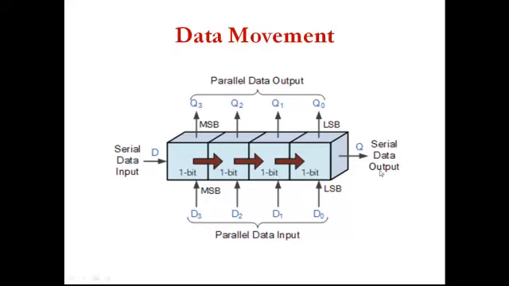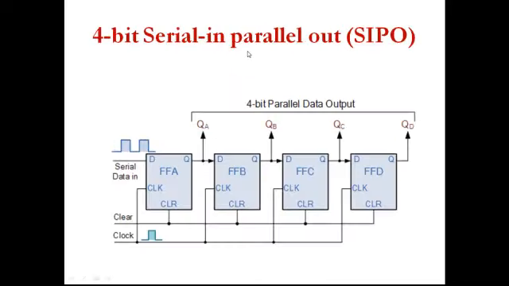You will take output at this point. Serial input, serial output is SISO. So input is here, output will be here in this line, and parallel in parallel out, PIPO, input is here, output is here in this direction. Okay, so these are the 4 combinations you are having. So now let us start with the first combination, serial input, parallel output. So we are talking on the 4-bit register.